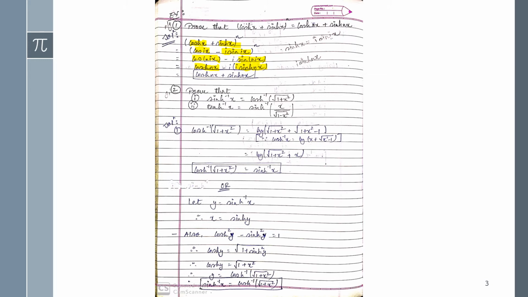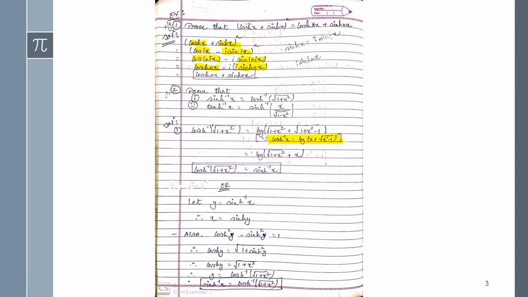If you want to go from RHS to LHS, then and only then. There the values were in log form. If you know that, then cosh inverse of under root 1 plus x square we can write here. See guys, I have written here also, if you don't know, then cosh inverse x equals log of x plus under root x square minus 1.